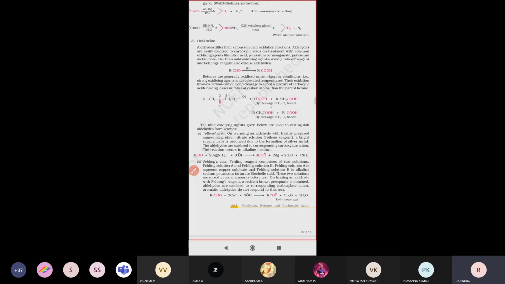Now the third chemical property we are going to see is the oxidation reaction. How does the oxidation reaction happen? Let us see that. First, we take aldehydes. When aldehydes react with any one of the oxidizing agents,